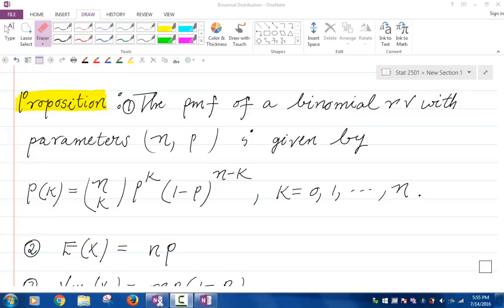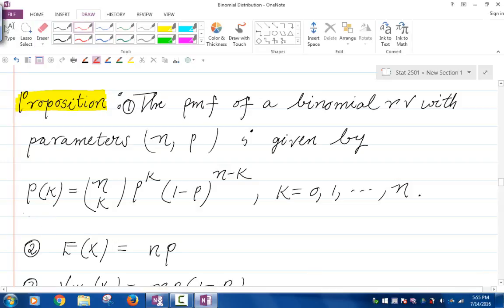Alright, in this video we will look at the expectation or mean and variance of the binomial random variable. Recall that if X is a binomial random variable with parameters n and p, then its PMF is given by